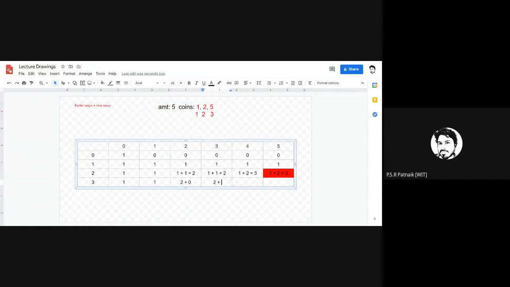Can I realize that? No. Answer is 0. Here it is the earlier value 3 plus, from amount 4 minus 5, the amount is lesser, the currency is higher. Can I realize that? No, the value is 0. So it is equal to 3.